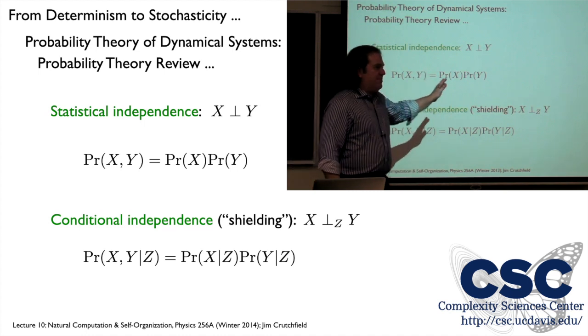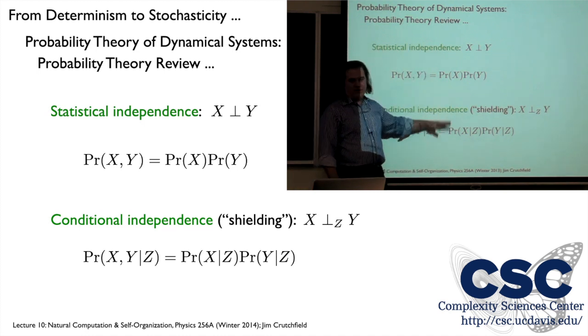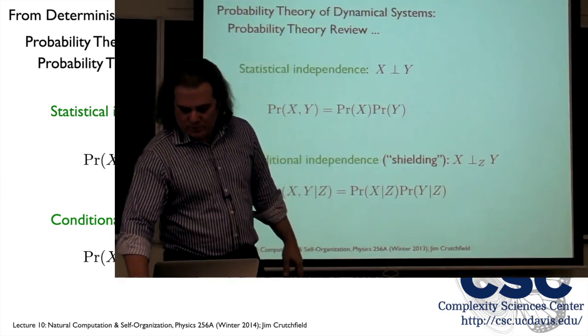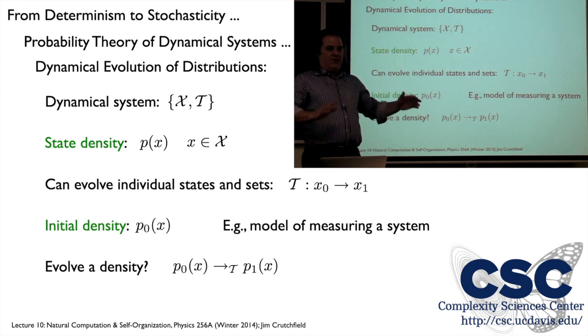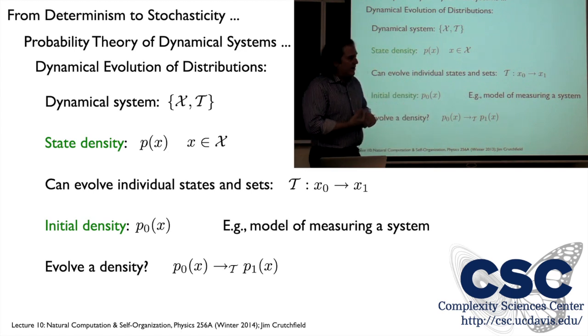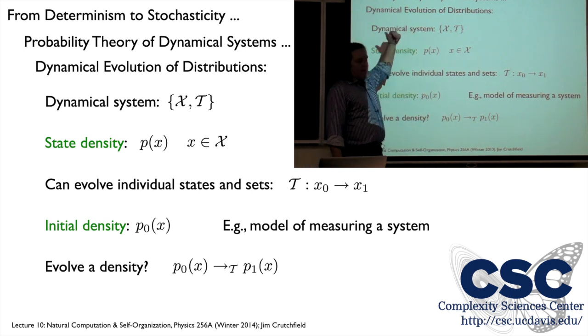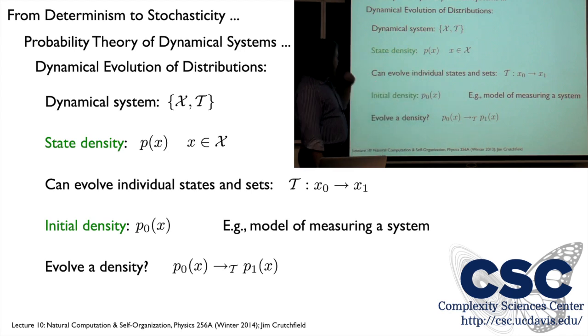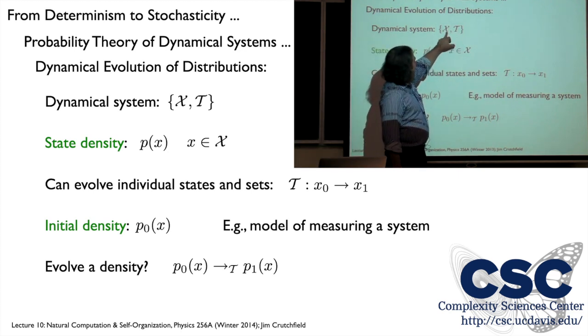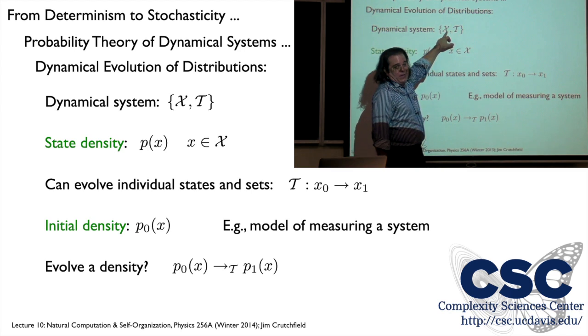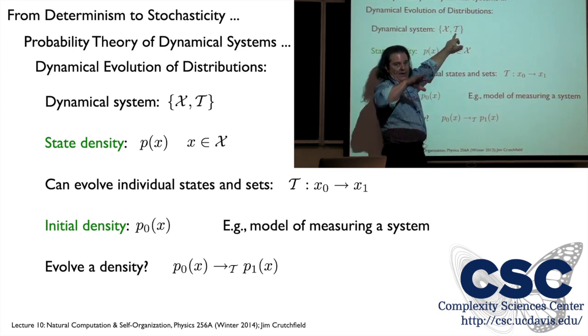So at this point, we're just introducing some notation. This little calculus of probabilities and factoring joint and conditional distributions. Okay, so that's really just introducing some notation from probability theory. And now let's take a look at how dynamical systems evolve distributions. Again, the way we'll think about it is the picture of the dot spreading experiments. So we have some dynamical system now with the state space. That's going to be our event space, and then some dynamic on that space.